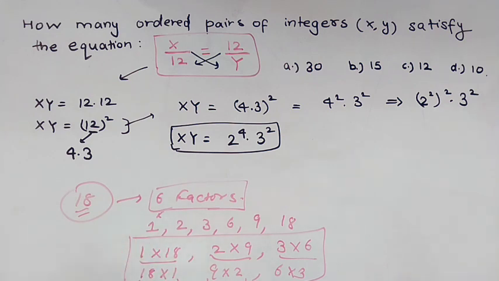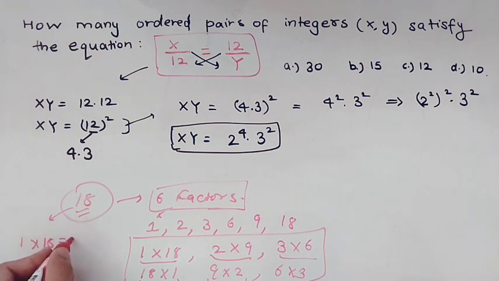See, this is not the complete solution. If in the question you are given the total number of pairs that you have to calculate for 18, it will not be 6, it will be 12. So how is this? You must be confused about this. Just see this. You have 1 into 18 giving you 18, but also we have minus 1 into minus 18, that gives us 18, because minus minus equals